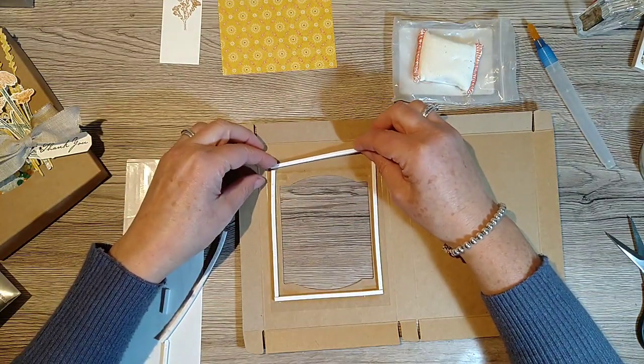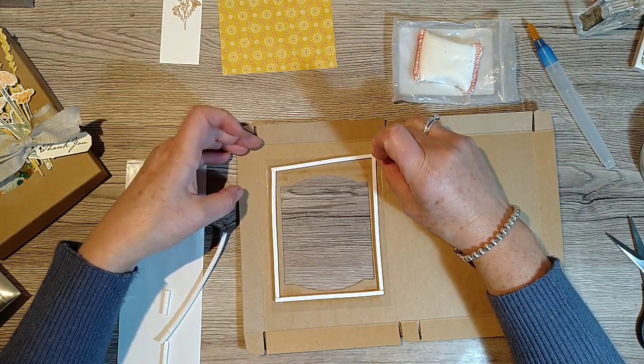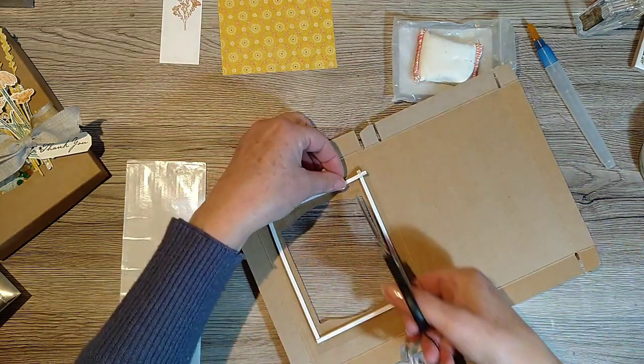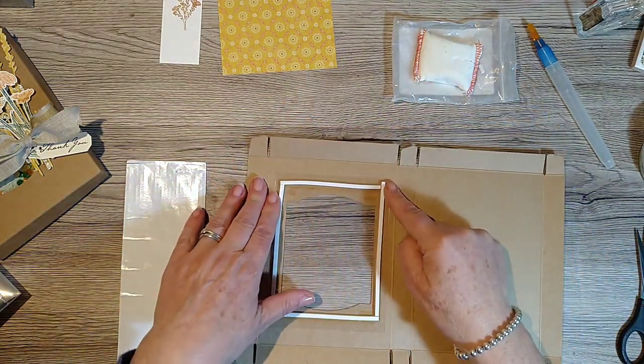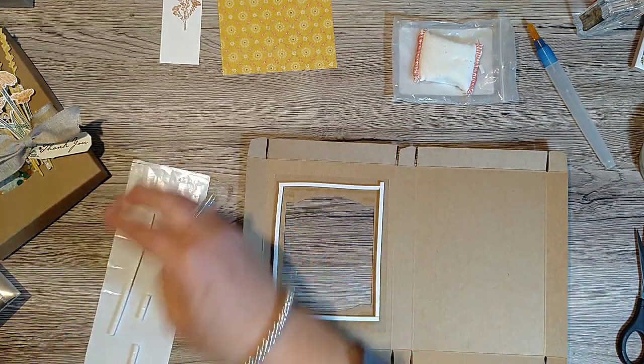So even if you run, this one's going to run on an angle, look. I could run it on an angle up to there, it doesn't matter, you're not going to see it, or I could join it up to that side. Just make sure you don't have any gaps because you don't want any of your bits to escape. So I'm saying that if you've got beads, little fine beads you could use. I have got some of the other